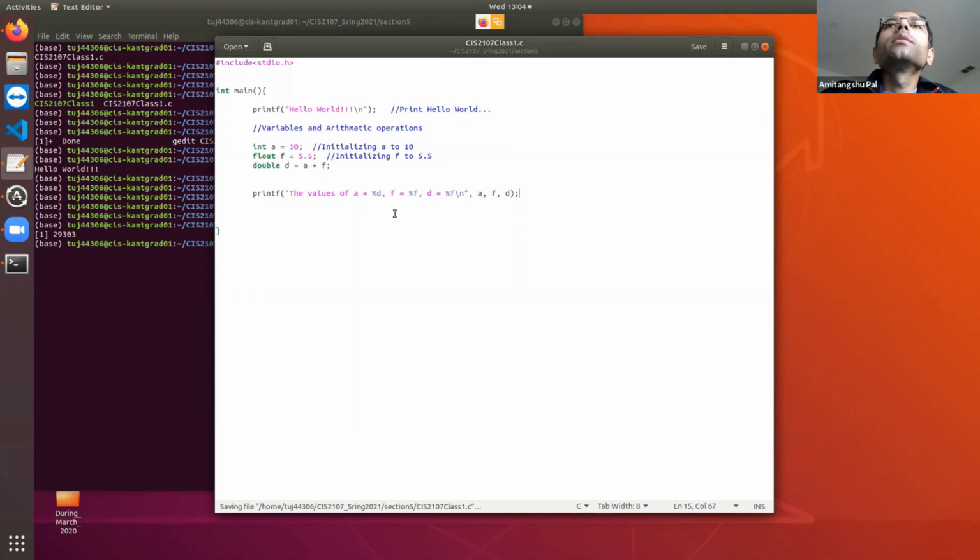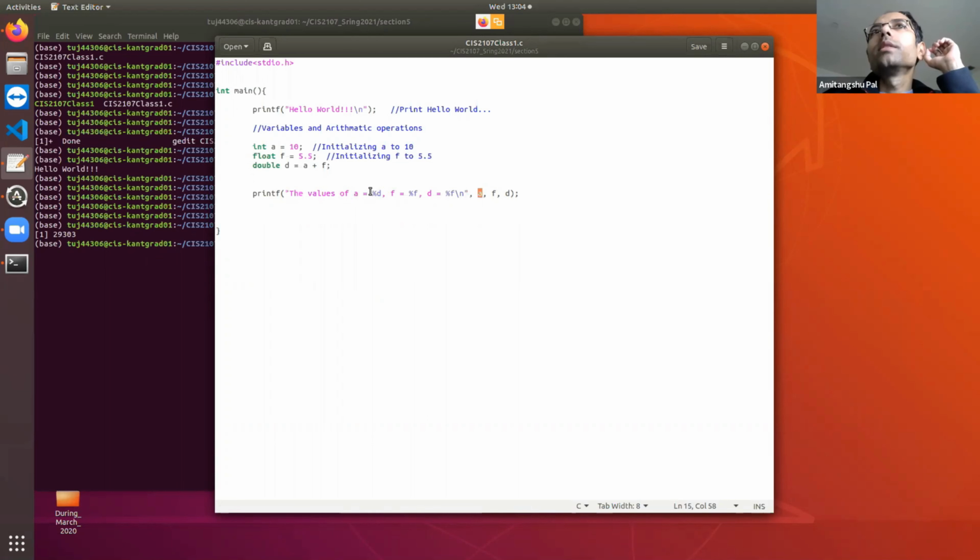If you write this, what will happen? %d is basically the placeholder for an integer. So here %d is going to be replaced by a.